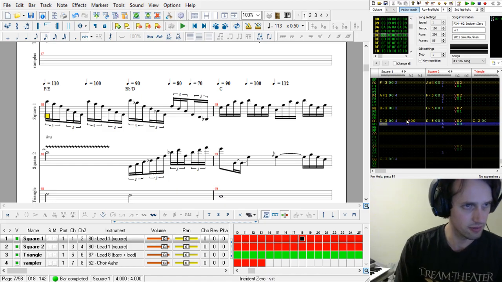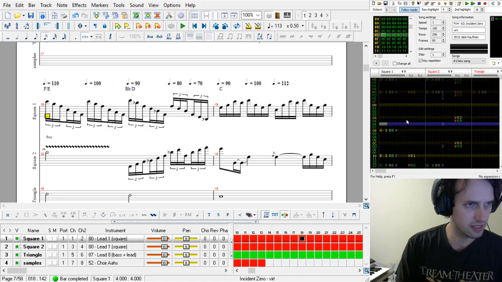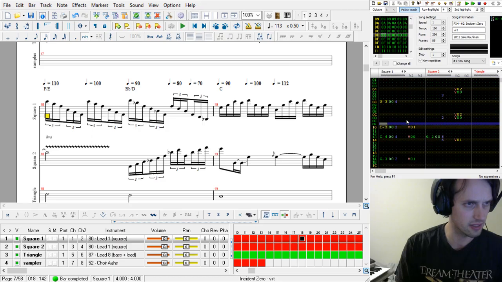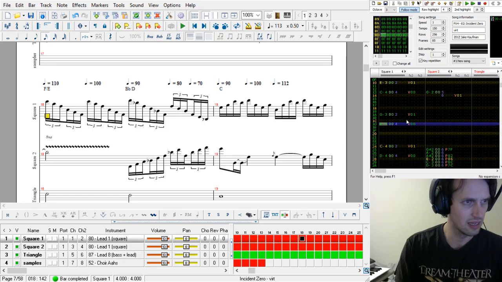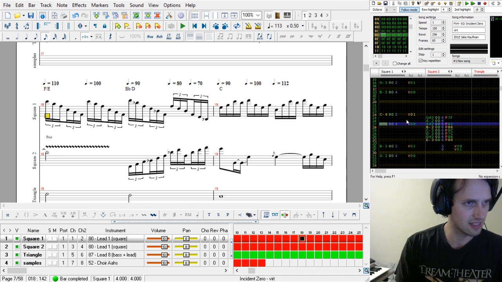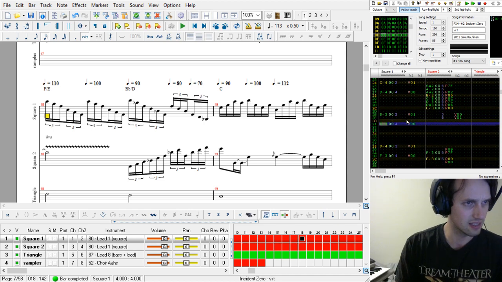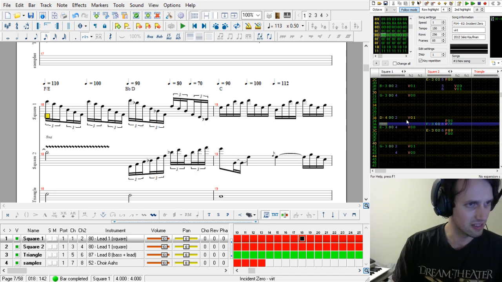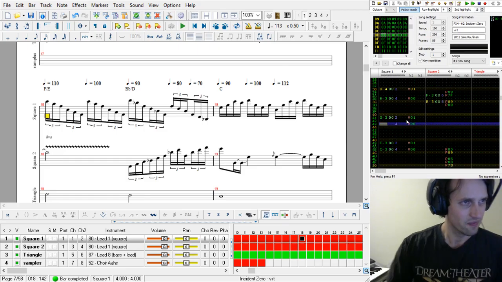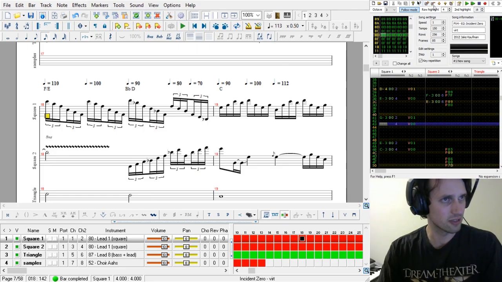How far apart is this? 1 through 12. Then 1 through 11. Then 10, and another 10, and another 10, and another 10. Yeah, and then things slowly sort of speed up.